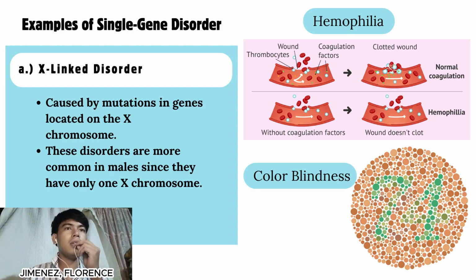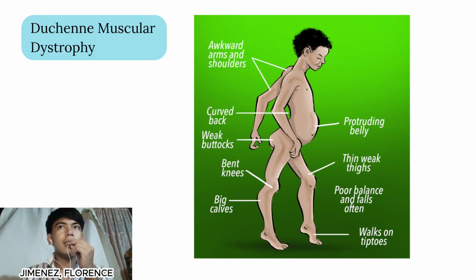Another example is color blindness. Color blindness, or color vision deficiency, happens because special nerve cells in your retinas are missing or don't work properly. This is reasonable because retinas are composed of various proteins, and in genetic disorders, the DNA sequence is mutated, which affects its production of protein. So the other example is